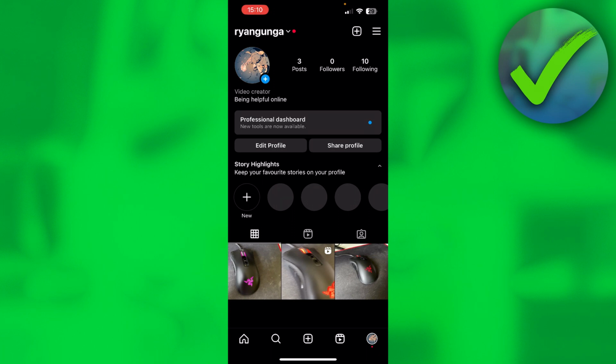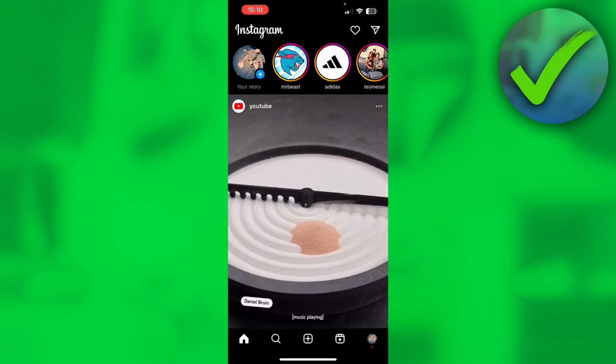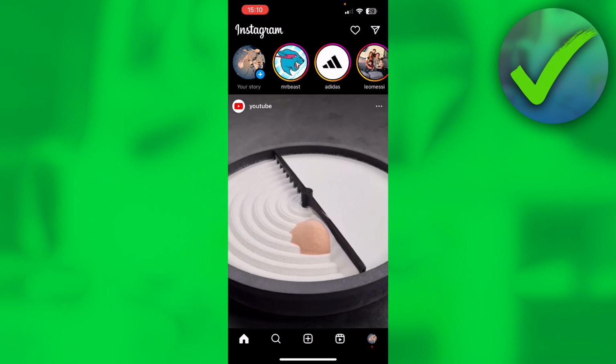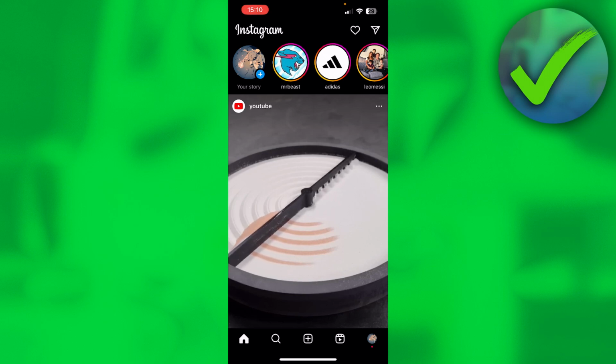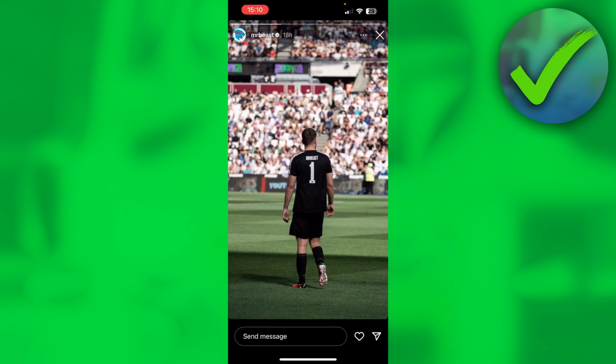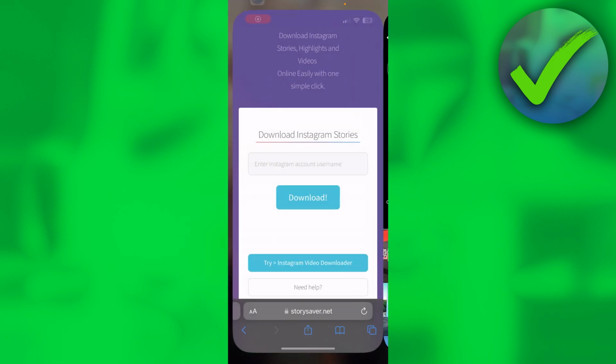So I'm just going to show you guys it right here with an account here at the top. So let's say Mr. Beast is, for example, a friend of mine and I want to repost it, but I'm just not tagged in it or mentioned in it. What you can do is click on this story and then remember the exact username and go to your browser and search for